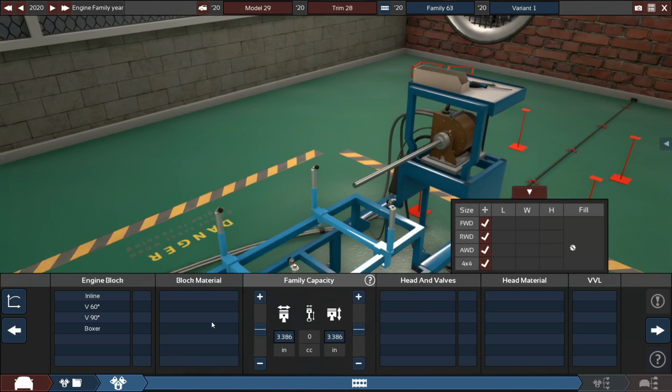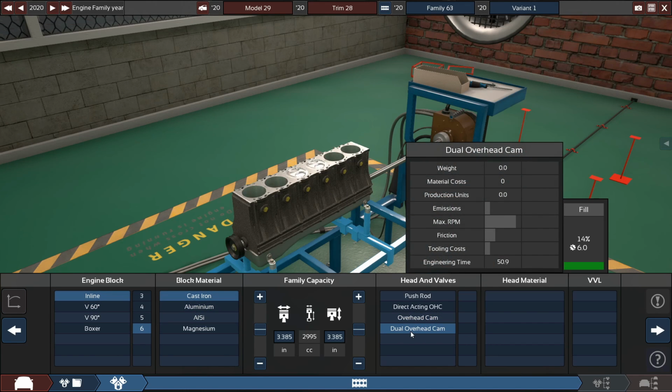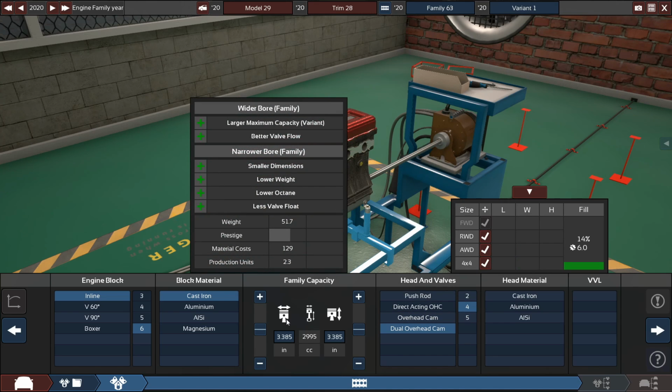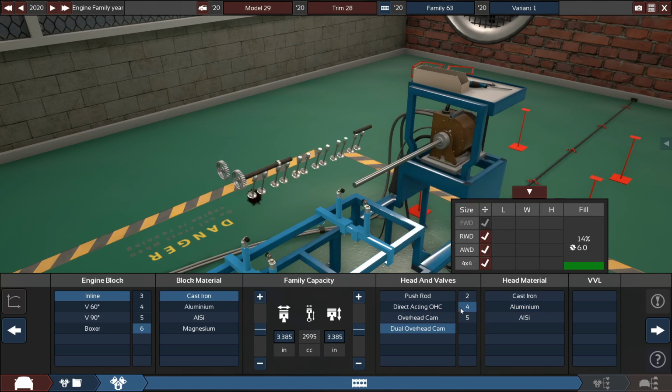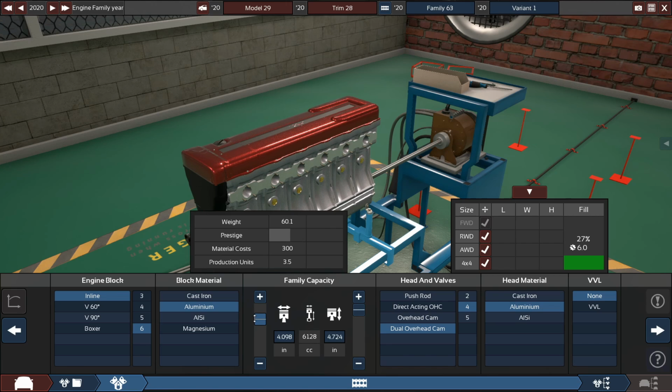New project, new engine. We're going to go for an inline 6. We could go for cast, honestly. 4-valve or 2-valve? We could go for 2-valve, or we can have a 4-valve. 4-valve is just going to work better. I'm not sure if it's as realistic for a diesel, but it's going to work better. We'll go for aluminum 4-valve diesel because I'm not even sure if that exists, but we're going to go for